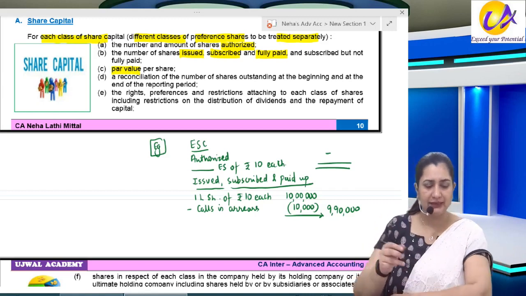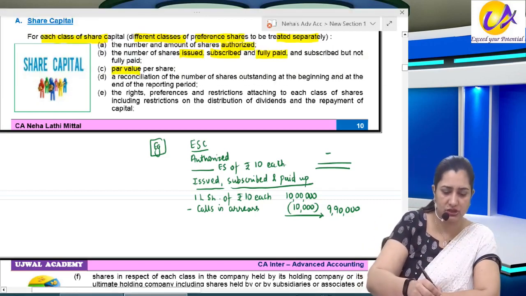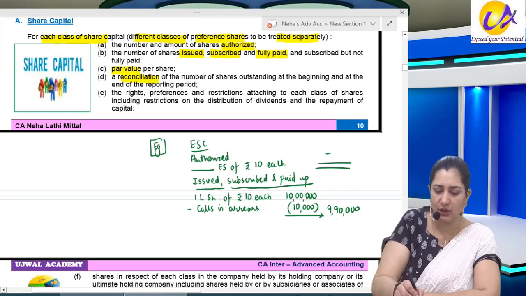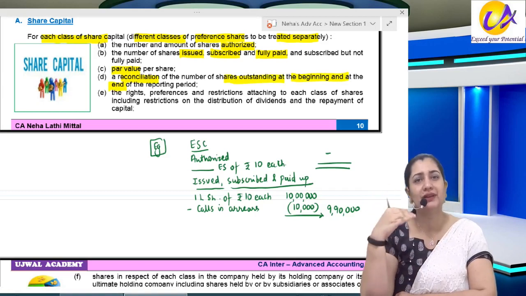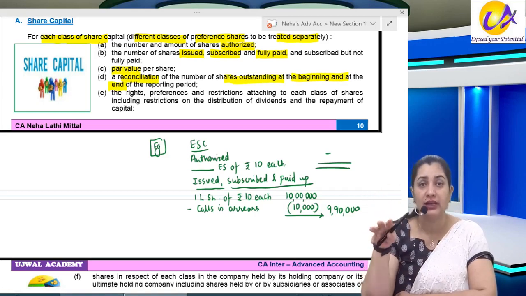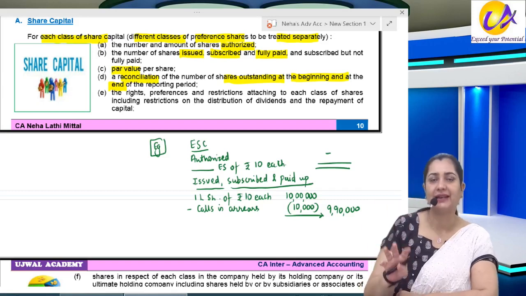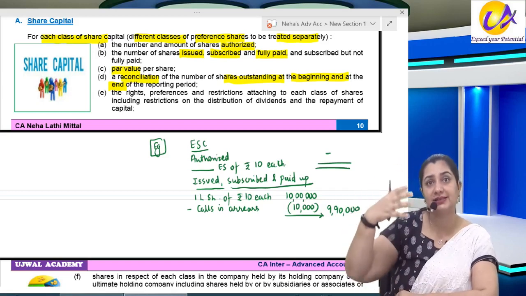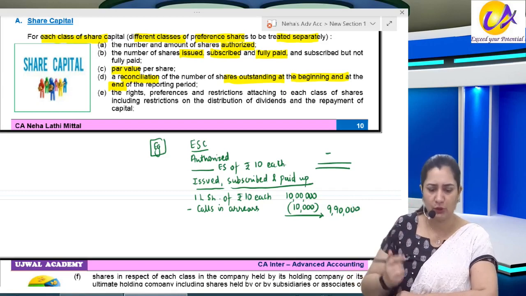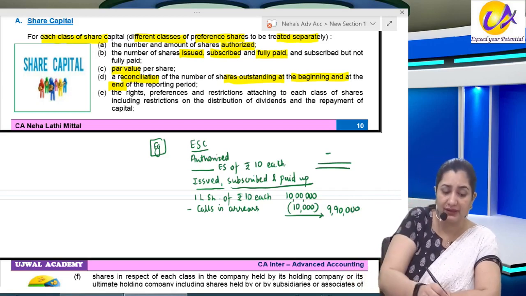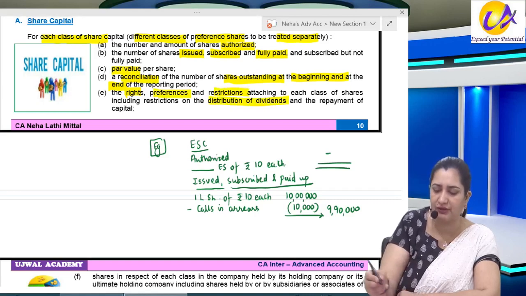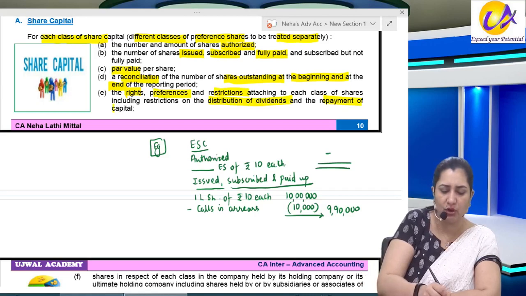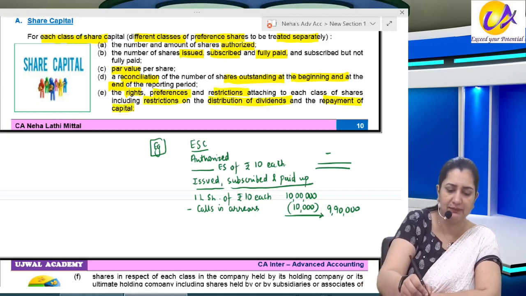So par value. Then you also have to show a reconciliation of the shares outstanding at the beginning of the period and at the end of the period. So what have you done? Have you issued some shares? So we will add opening balance plus issued. If you have done buyback, then we will minus that and we will get the closing balance. So reconciliation needs to be given. Then we have to give the rights, the preferences, restrictions on the shares, distributions of dividend, repayment of capital. What are the restrictions and everything? For example,